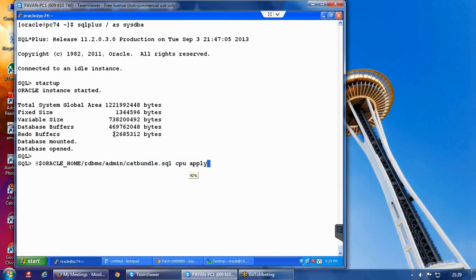The moment you run this, the patch information will be registered in the base tables. Till now, the base tables have not been updated, only at OS level we have updated. So if you want that to be reflected in the base tables, you need to execute this script, catbundle.sql CPU apply.